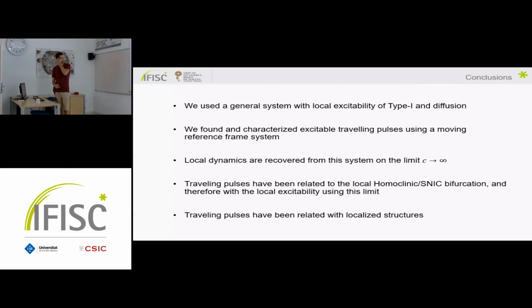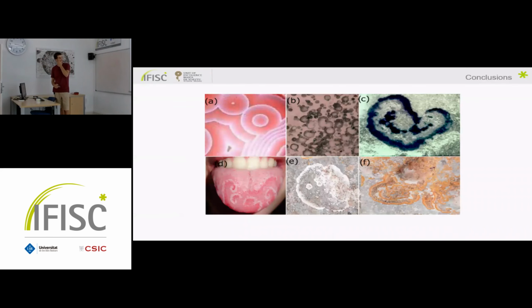Finally, as a remark, I want to say that we see there are two different ways to arrive at this kind of excitable behavior, type 1 and type 2. Nevertheless, the emergent phenomenon of excitability is not very different from one kind of system to the other. So looking at the structures that appear in the system doesn't seem to give you a lot of information about whether the system is type 1 or type 2.